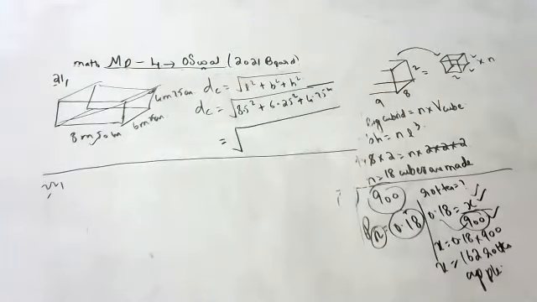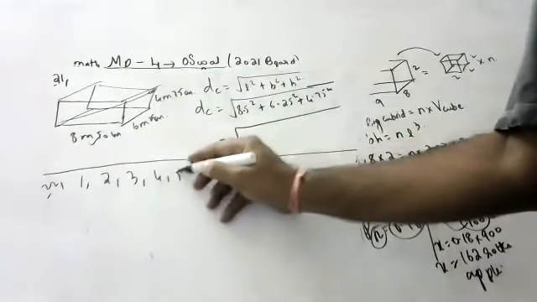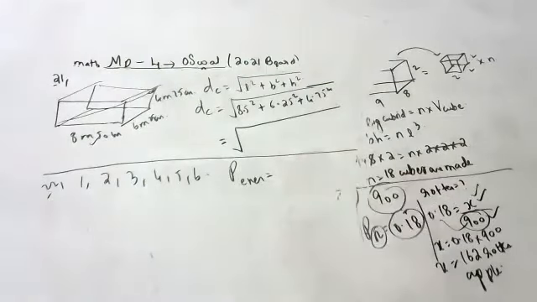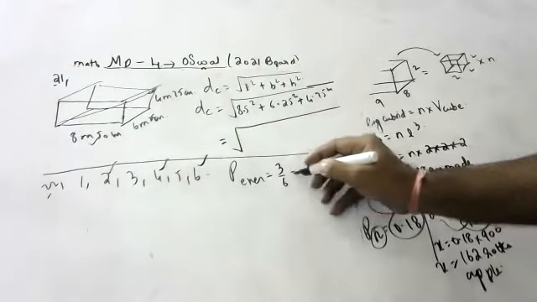22nd. A die is thrown once, the probability of getting a number which is a prime number and lies between 2 and 6. If a die is thrown once, you may get 1, 2, 3, 4, 5, 6. What is the probability of getting an even number? 3 by 6, that is 1 by 2.